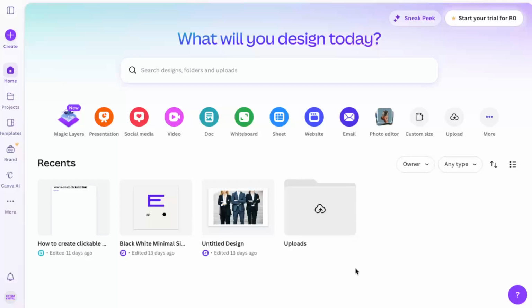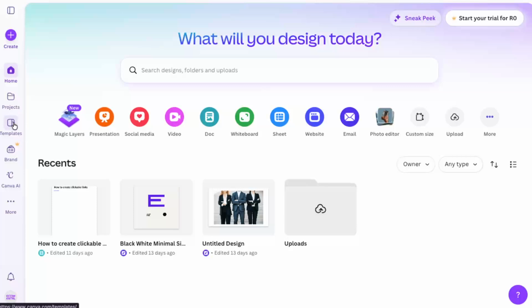In today's video, I'm going to teach you how to create a LinkedIn banner on Canva. To get started, open your browser and head over to the Canva website. Log in if you need to, and once you're in, you'll land on your Canva home dashboard. This is the main area where you can see your previous designs, suggested templates, and a menu on the left-hand